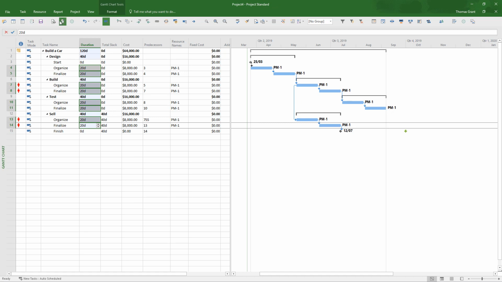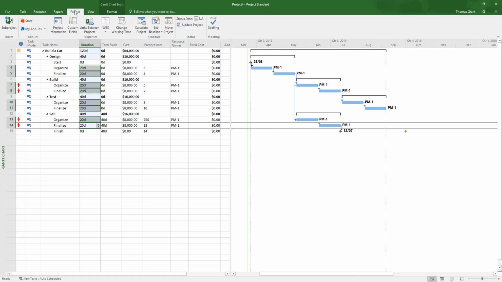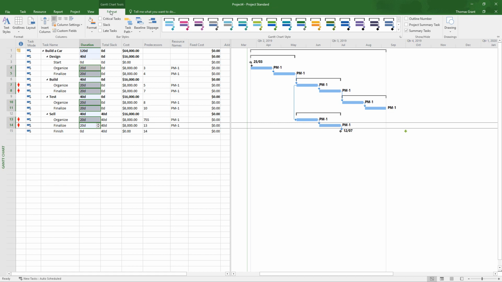How do we know they're critical? Well, we can request that we see the criticals, going to the format ribbon and finding the critical box there. Tick that. It shows us now in red which are the critical activities. So we are finishing on time, but